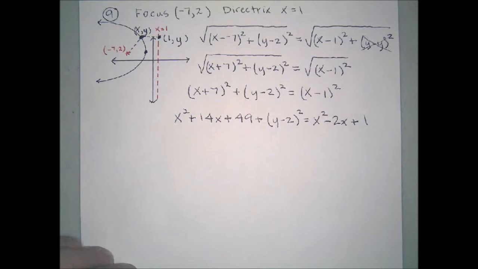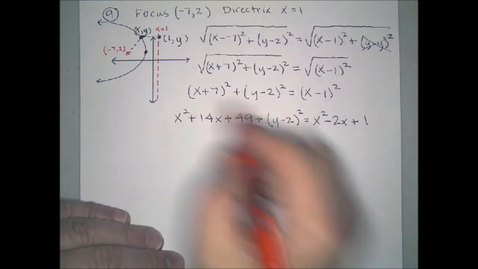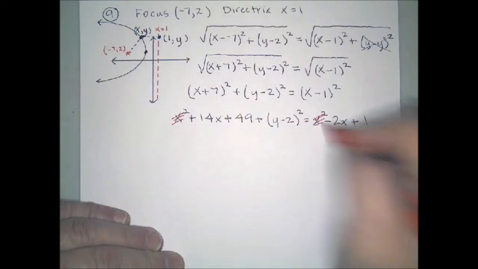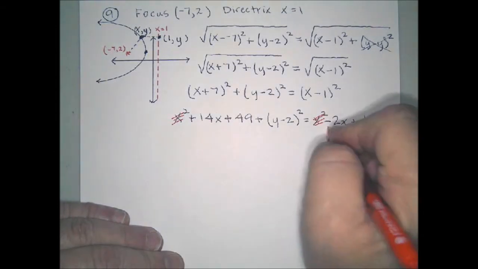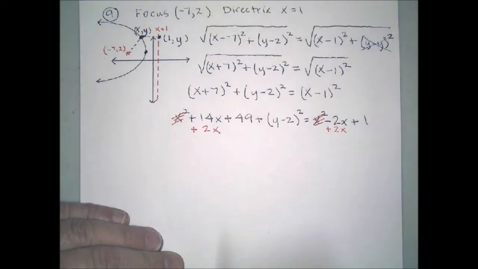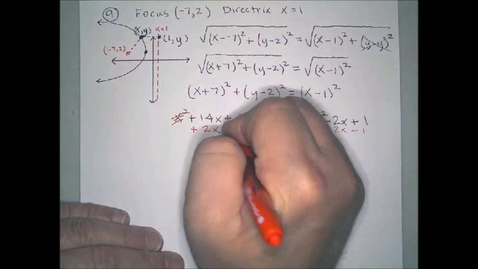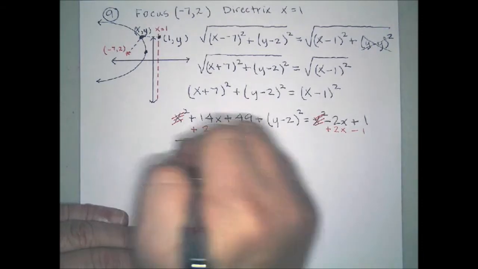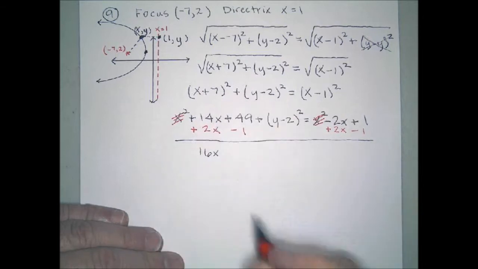Now I'm going to do some simplifying. I've got an x squared over here and an x squared over there. So they're going to cancel each other out. I want to bring the x's over here. So I'm going to add 2x, and I'm going to add 2x. I'm going to bring the constant over here. So I'm going to subtract 1, and let's take a look at what we've got at this point. We've got 16x plus 48